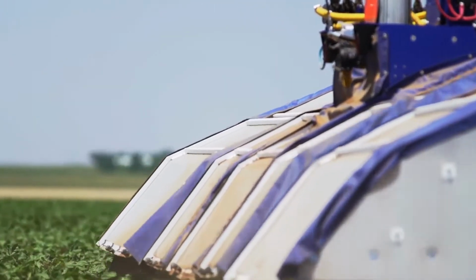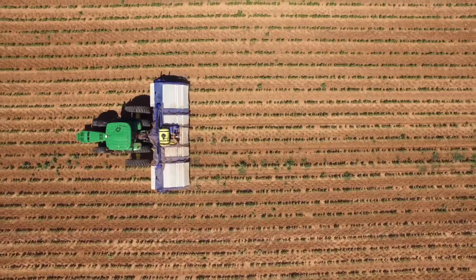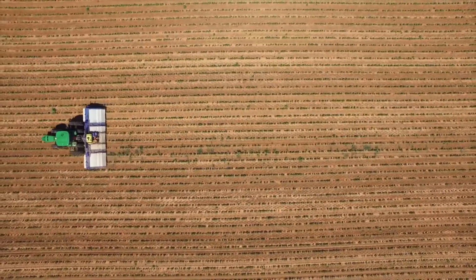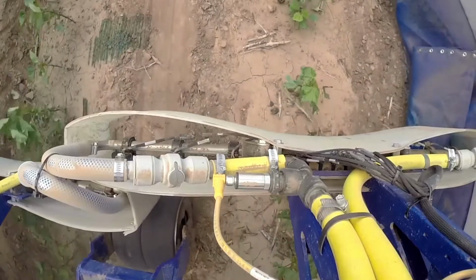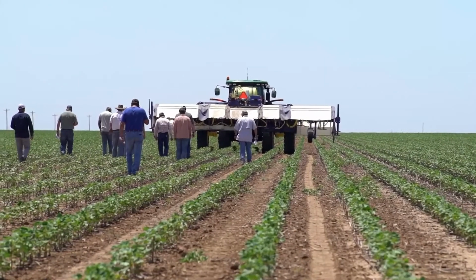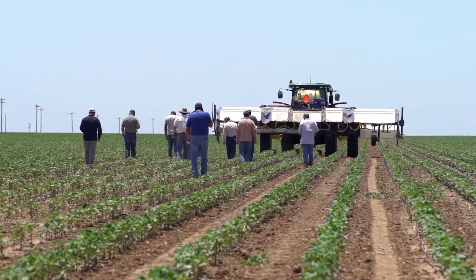We're seeing lots of resistance to Roundup. We're looking for other ways to combat the weeds and still have cost savings on top of everything. We saw an opportunity to take cameras, computers, and artificial intelligence to allow ag machines to see every plant in a field. We thought that we could give farmers the ultimate flexible tool to treat their field and manage their